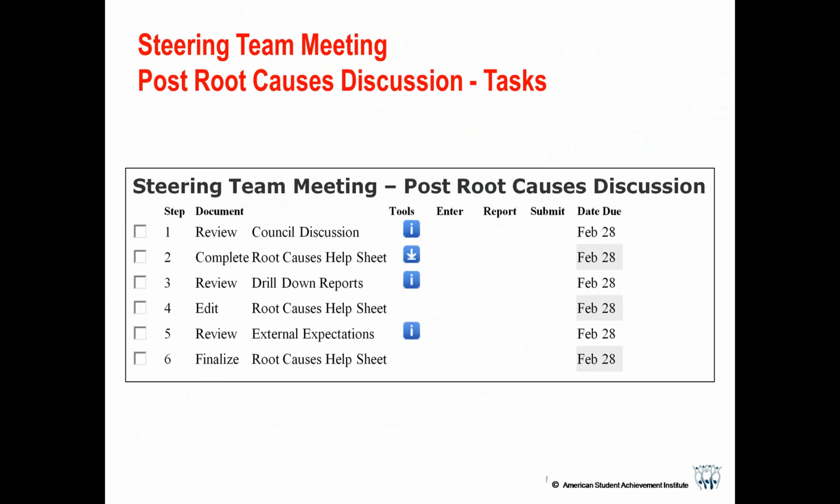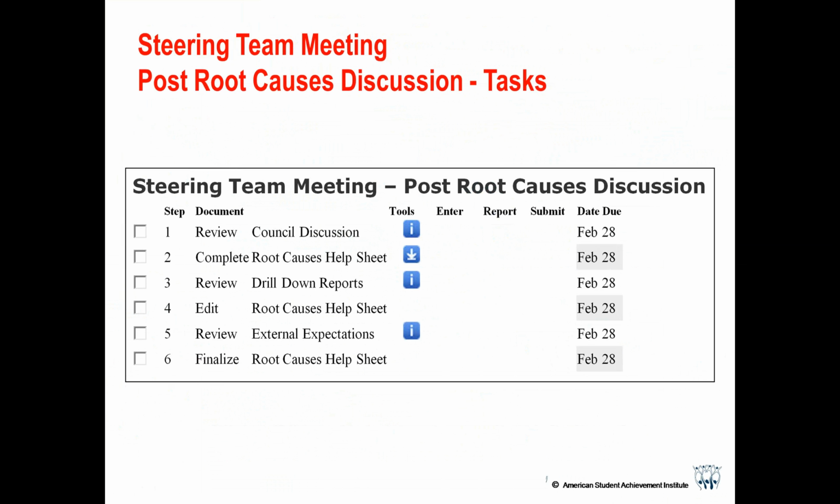So the first thing that we want you to do as a steering team is to review all of the council discussion for each of your SMART goals to see what they thought were the root causes for that SMART goal. And then in step 2, based on the council discussion, you'd come up with your initial root causes, and we'd like to suggest that you do that on a root cause help sheet. Then, after you have those root causes spelled out, the preliminary draft,